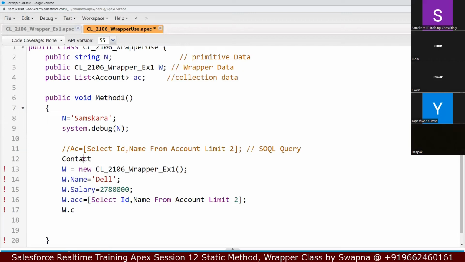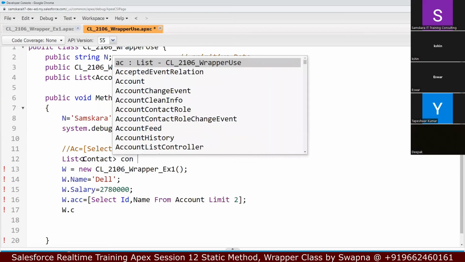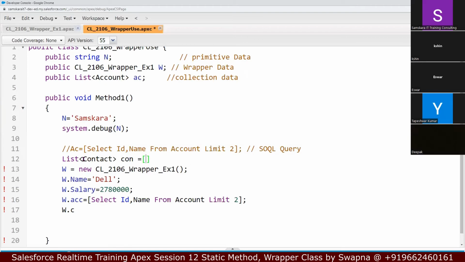So contact, let me get the list of contact equal to select ID, comma name from contact. Now how many contacts am I going to get? Let's give the limit as 2. I'm going to get 2 contacts, but here this is a single SObject. So I just need a